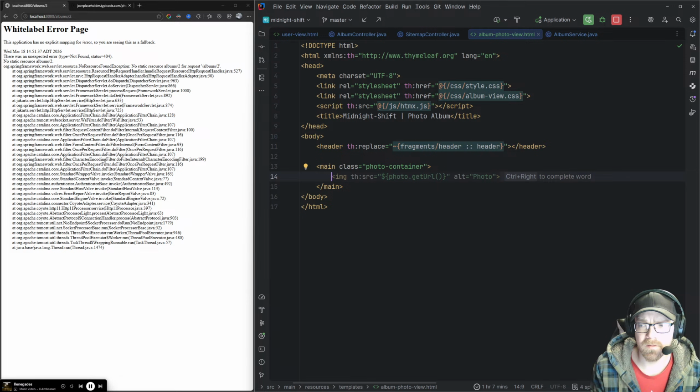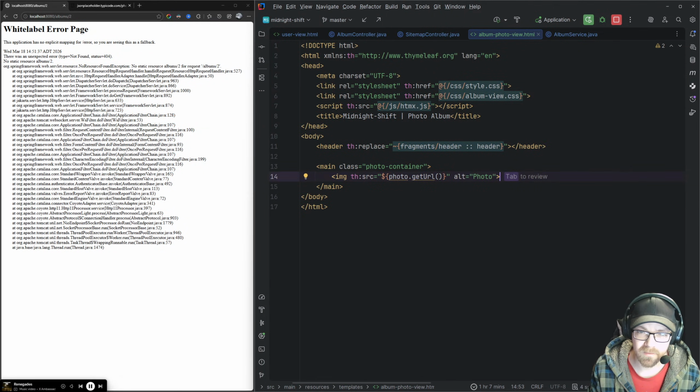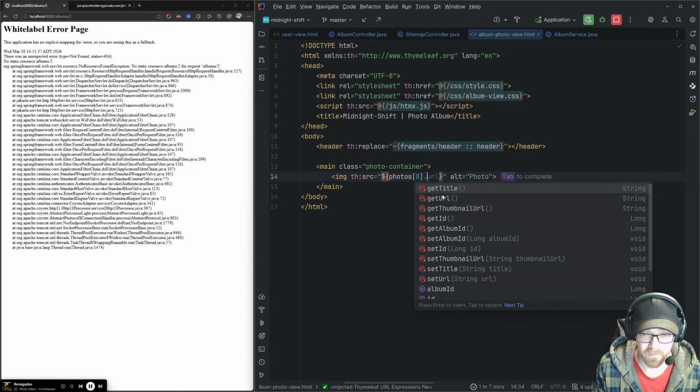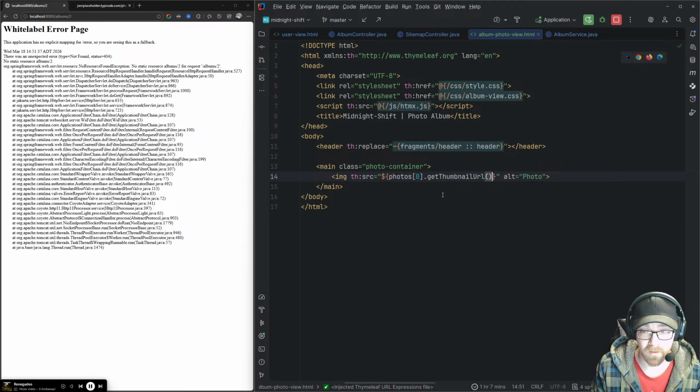And then in here, I do want to stick the photo here, but what I'm going to be putting is photos, the first photo, and I want to get the thumbnail of it.